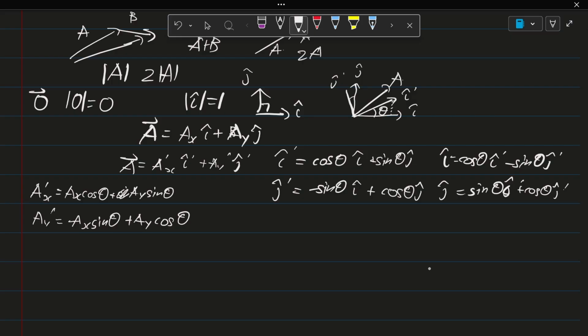So here we only discussed two dimensions, but what if we talk about three dimensions? How do we denote the basis? There are different ways for you to draw the basis. You could have i hat and j hat here, and then the k hat would go out of the screen, or you could make it go inside the screen. But here, we'll be using the right hand rule. So if you take your right hand and form, if this is your index finger and this is your middle finger,